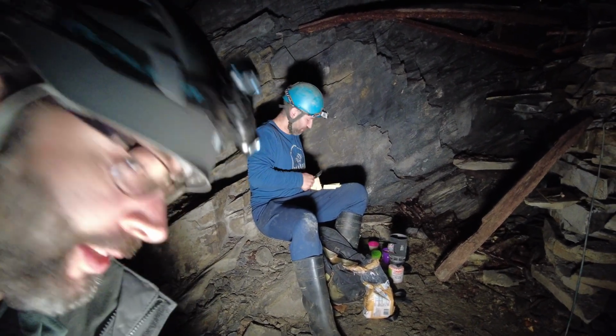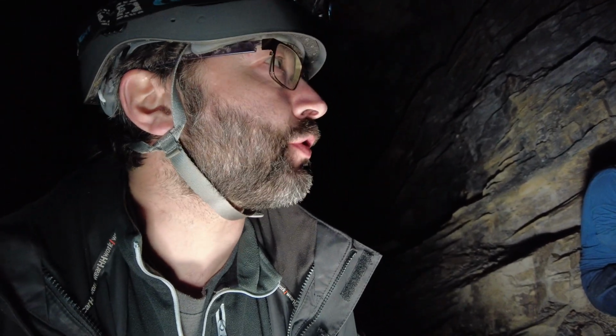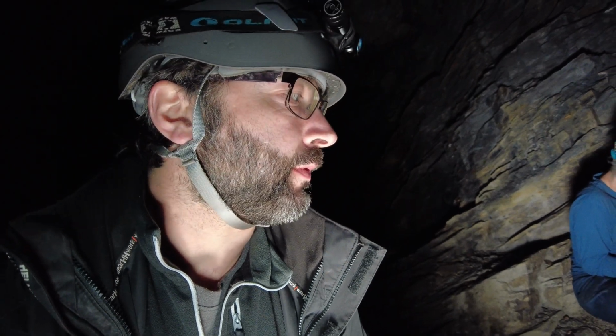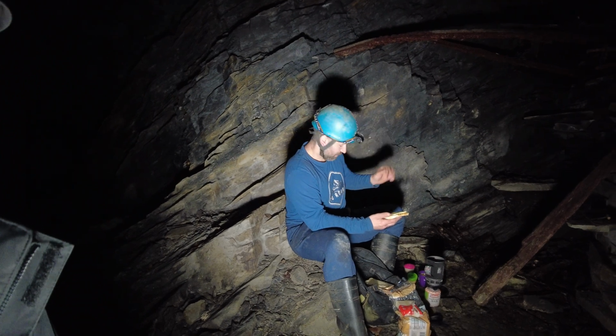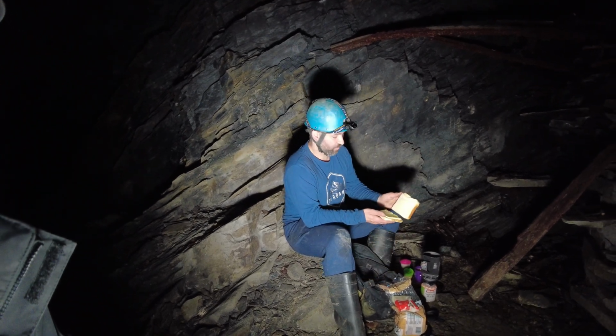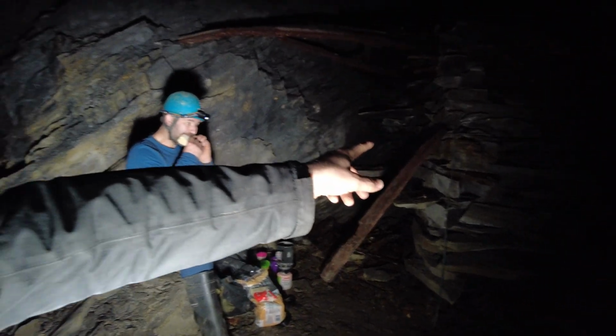This mine should have had it before. Yeah, this mine is really old. We've just found some stuff with some dates on. It gives an indication of how old this place is, and it's like 1880s. I can just say this is, in my eyes, the jewel in the crown. This place, to me, is just out of this world. We'll talk about some of the things we've seen here, but like this is a copper